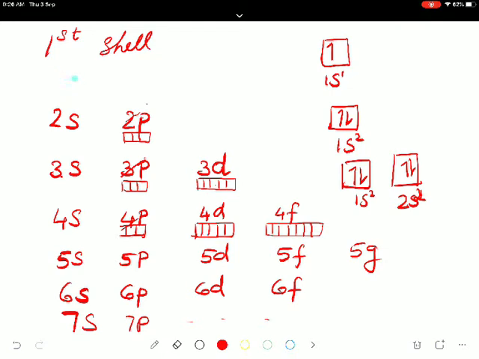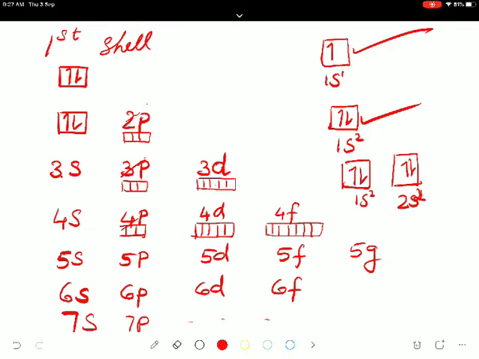So hydrogen, I am putting a box. This is 1s1. Helium, 1s2 here, that is this one. Okay. Lithium, 1s2, 2s1. So I am going to change this into a box and I am writing it as like this. So hydrogen, helium, lithium. Next is beryllium. That means in beryllium 1s2, 2s2.